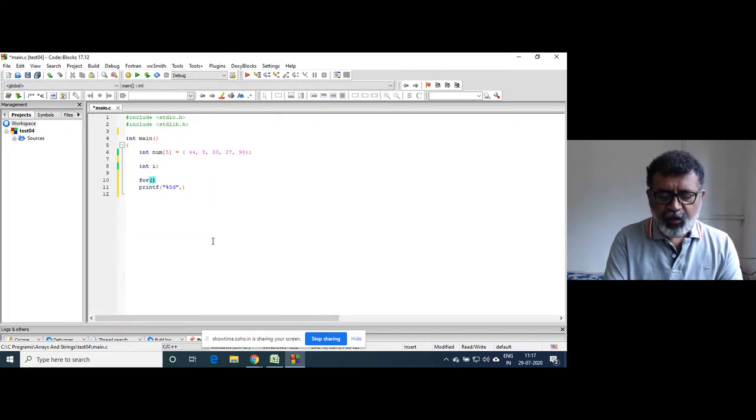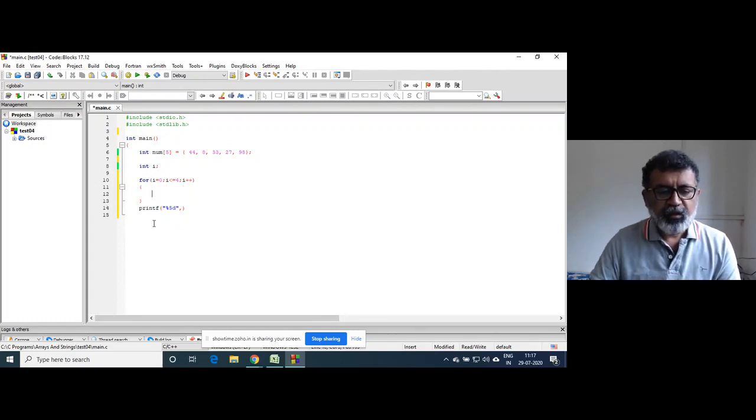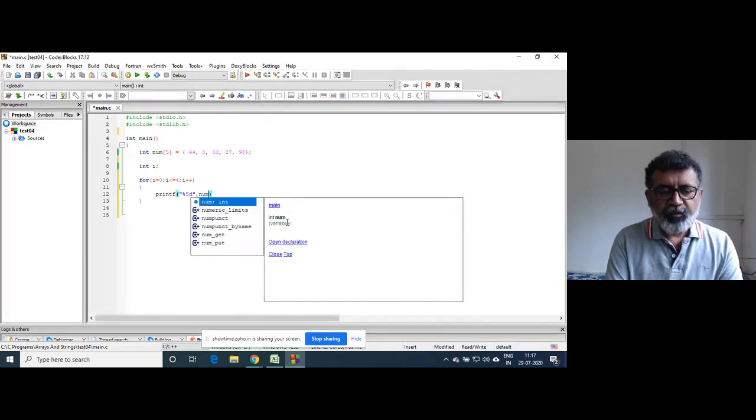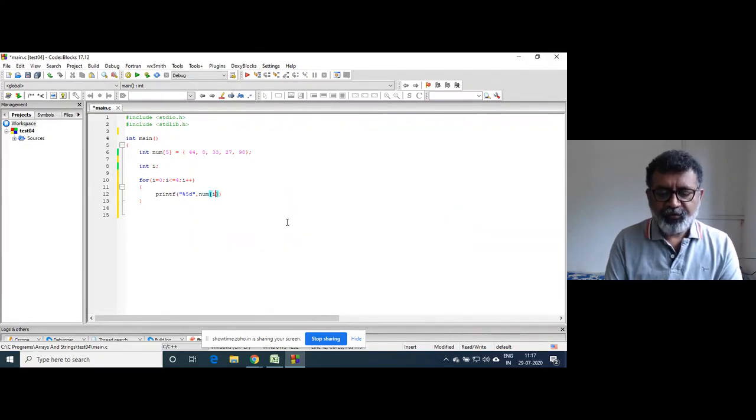For i equal to 0, i less than or equal to 4, i++. And inside, if you can recall that program, you wrote num[i].